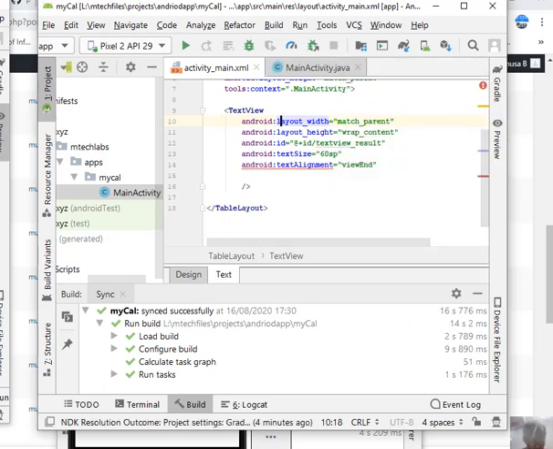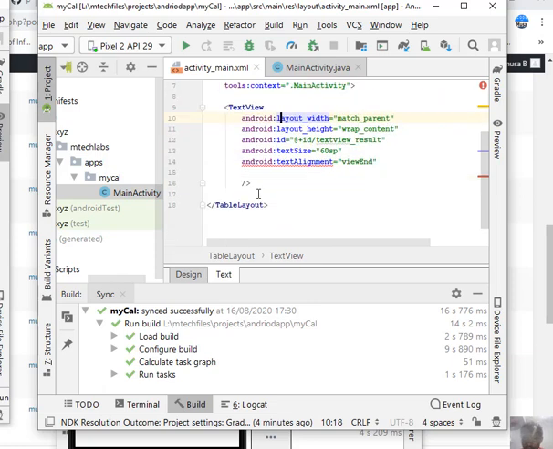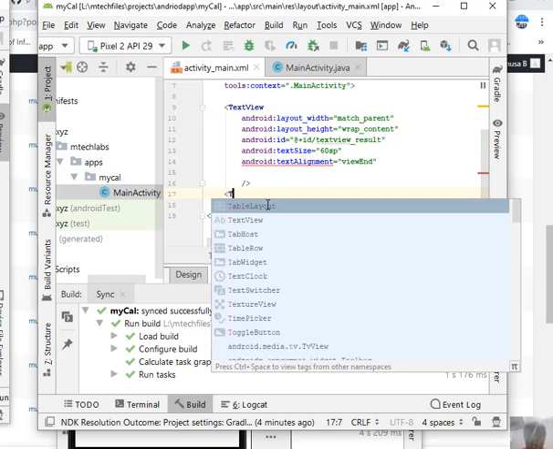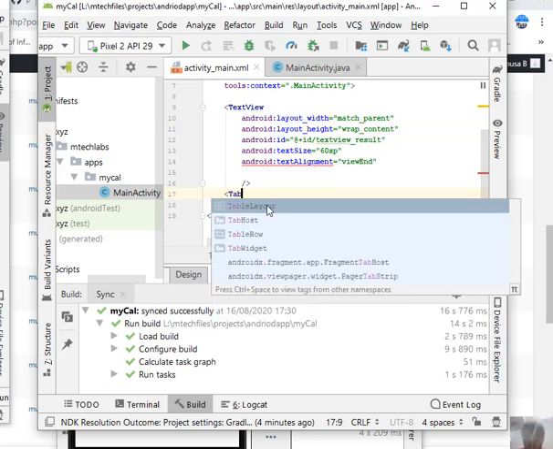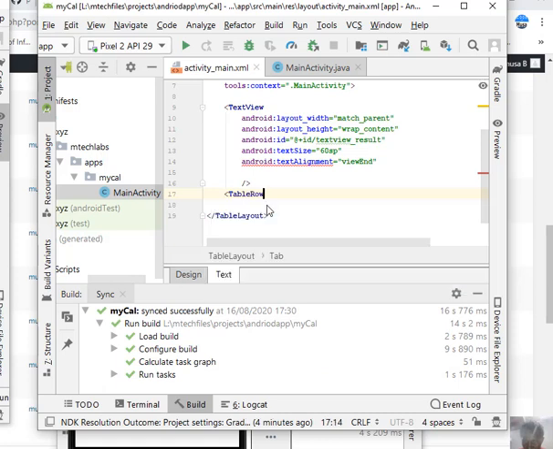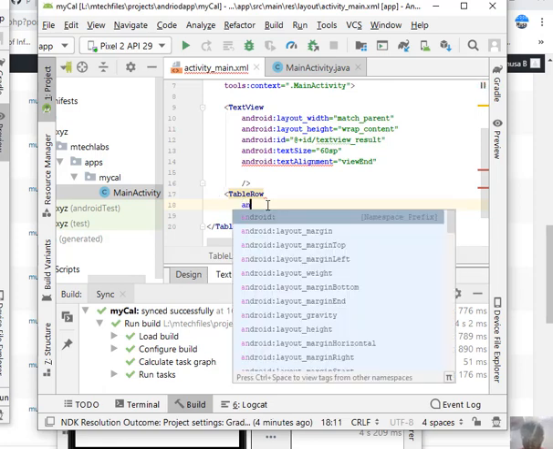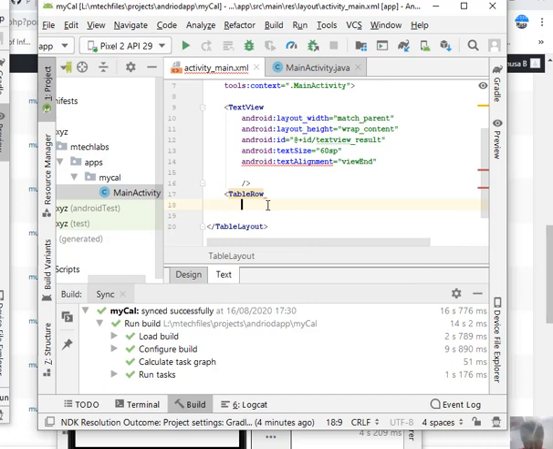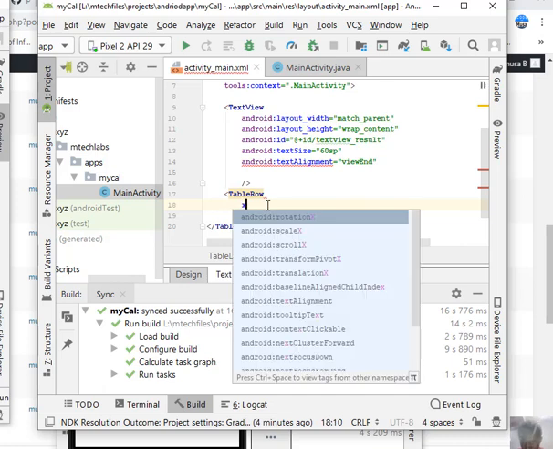So let's continue. As a table, we're going to use a table. And what do we know? As a table, we have row and column. For any table, we have row and column. So now let's design. We go to a table, table row, okay, table row, okay, table row,